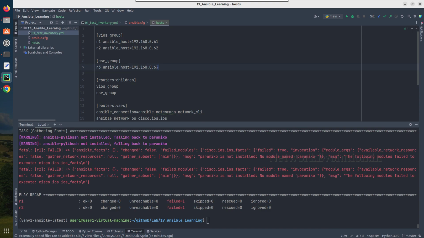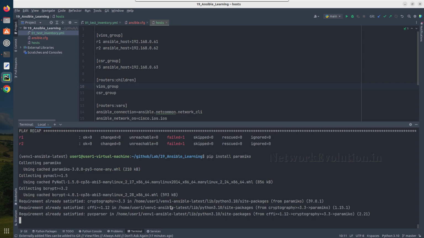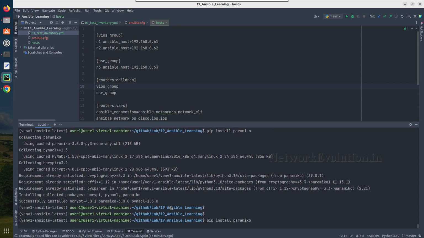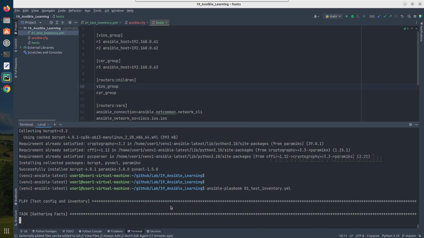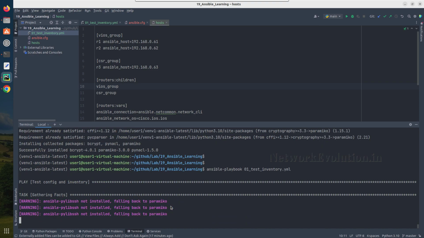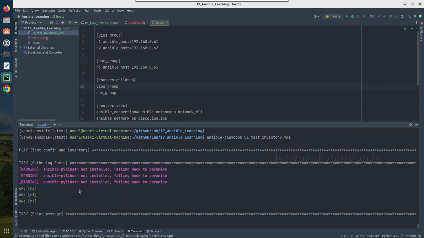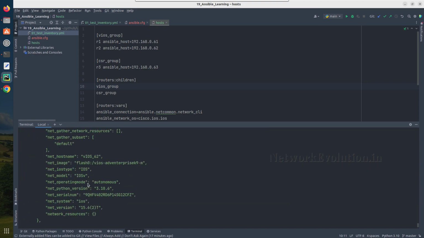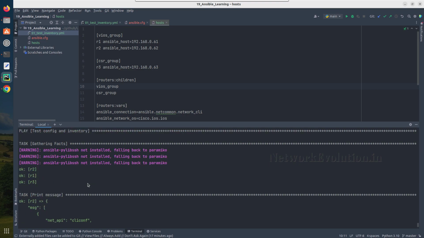I'll give 63 here, and I'm already into this virtual environment, so I can do pip install paramiko. We'll try running this. So now it is saying ansible-pylibssh is not installed, but this is able to connect to the device and get